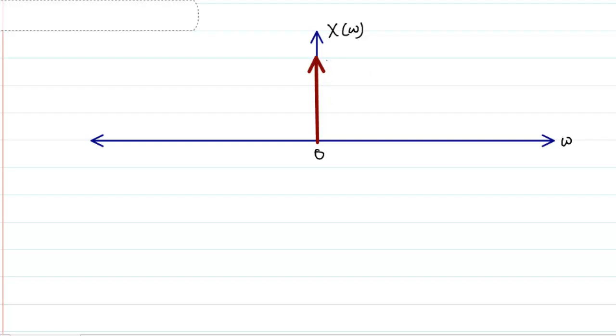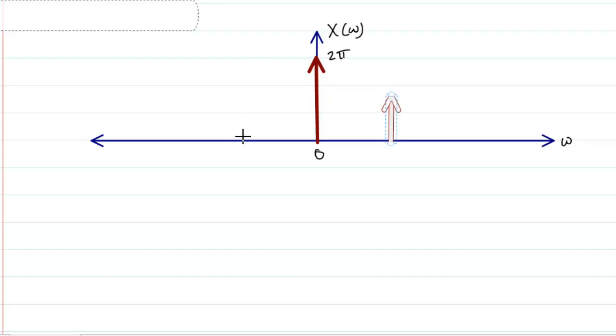Now if you look at the equation, it is 2 pi delta omega, isn't it? You can look at the equation. So the equation is 2 pi delta omega, so this is going to be 2 pi. Next, for cos, if you remember, it was pi, isn't it? So we will draw it at 2000 pi, having a height of pi. Okay, having a height of pi, I will draw for the case of cos.